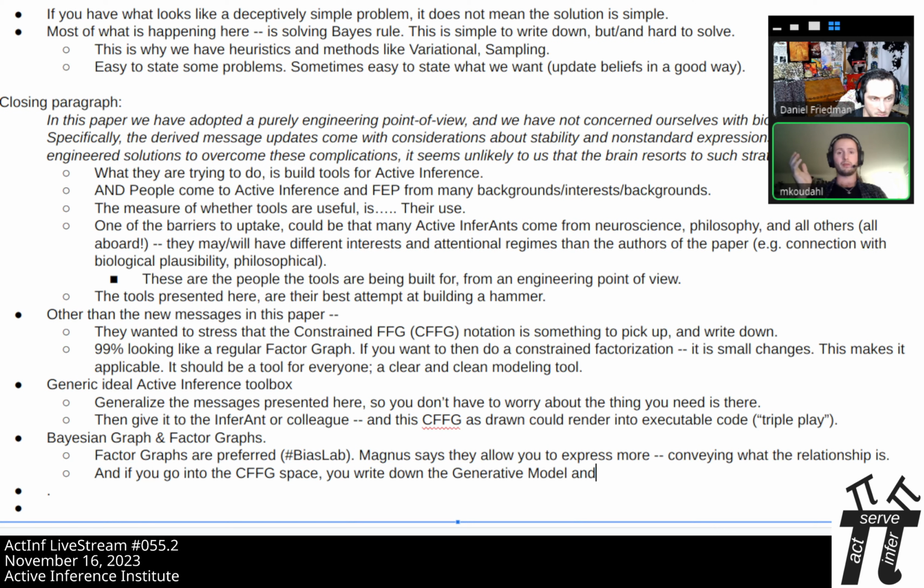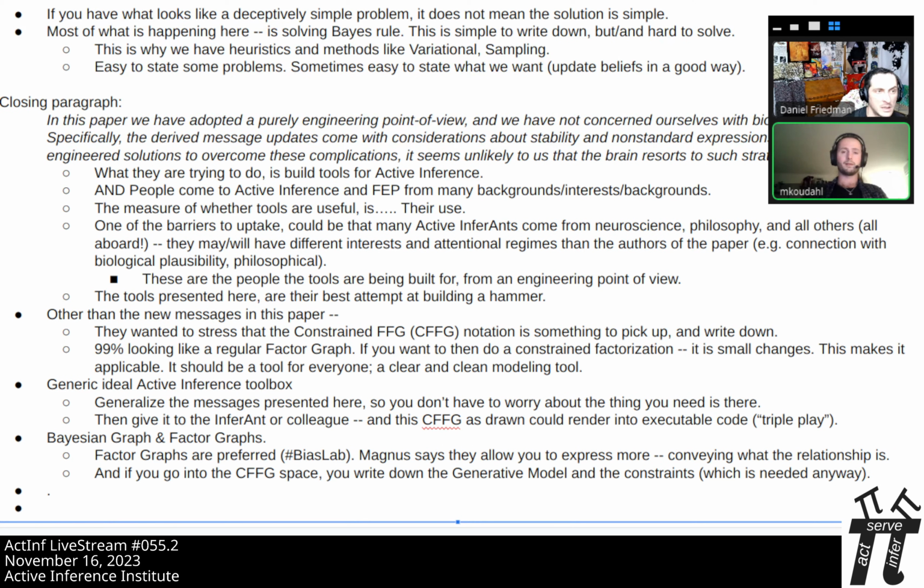And that is something that I'm not aware of a way to do on Bayesian networks. So to me, I think there's more information contained in a factor graph, especially if you adopt constrained FFGs. And then again, as you say, you can always have a one-to-one mapping between a Bayes net and an FFG.